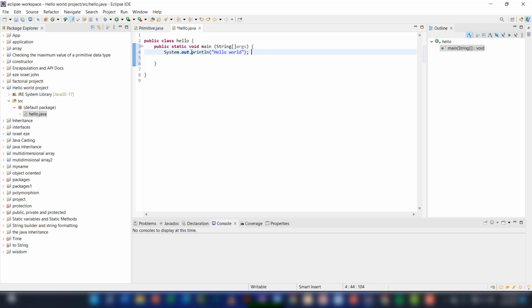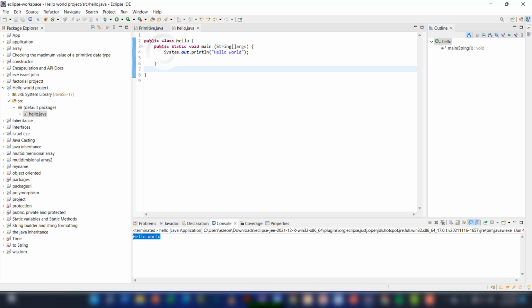This println is a method. We will talk about methods as we go on in this tutorial, but just know that this is a method. Methods are always followed by parentheses, opening and closing parentheses. So this is a simple Java program. As we move on in this tutorial, we are going to know more about classes, objects, and more. So in the next video, we are going to be talking about variables, how we are going to use